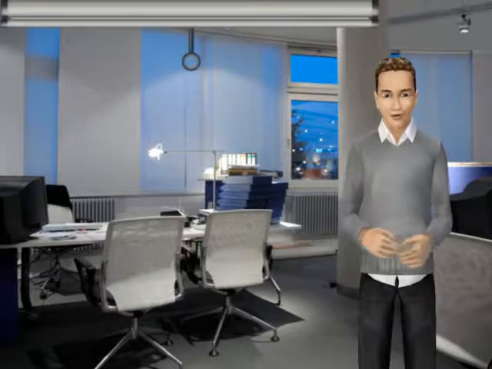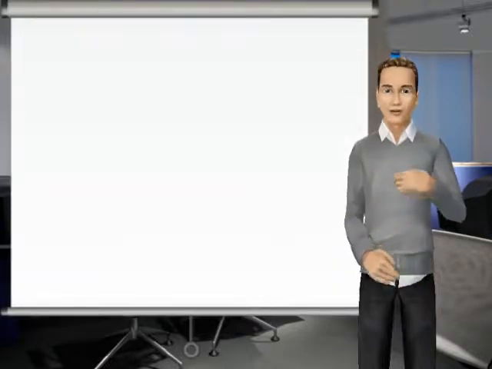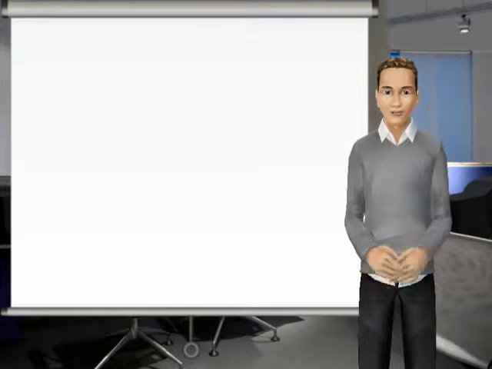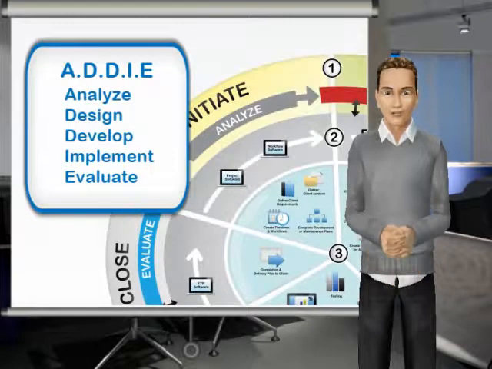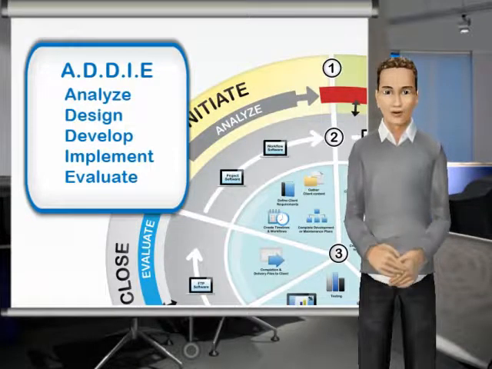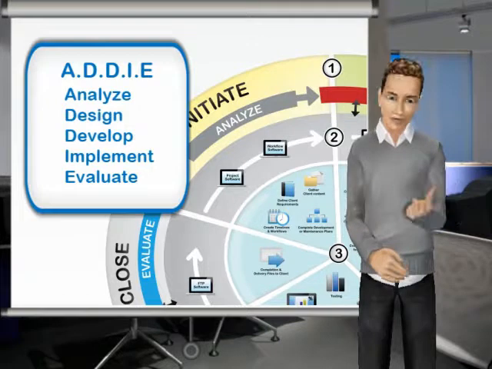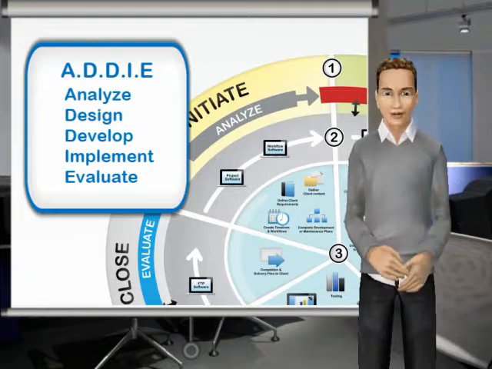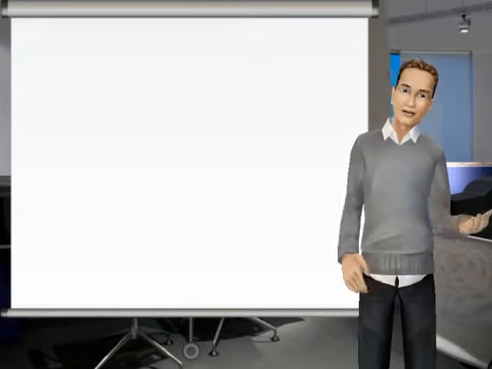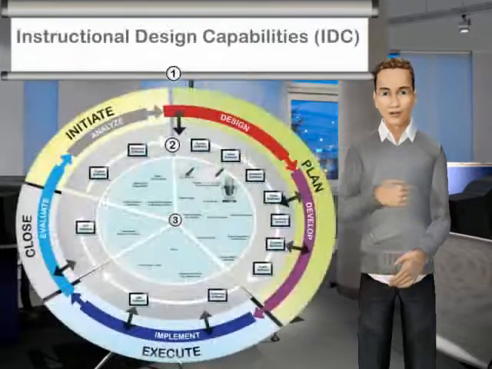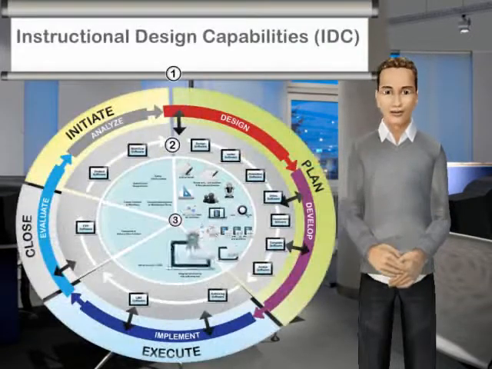The third level of development taps into the capabilities of the online instructional designer. The difference between a traditional instructional design and an online instructional design is the level of capabilities as it pertains to transforming content into online content using the technologies available. These capabilities in the online world are known as the instructional design capabilities. The next component is the Instructional Design Capabilities, IDC.